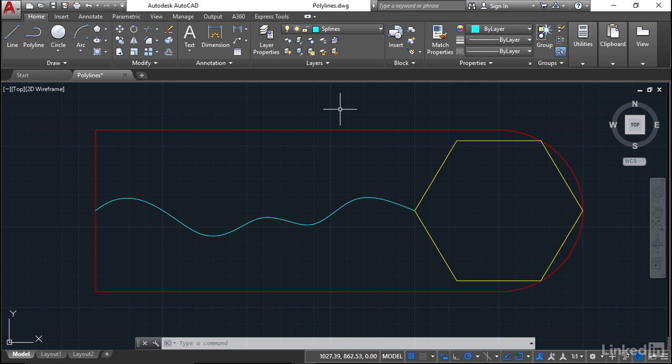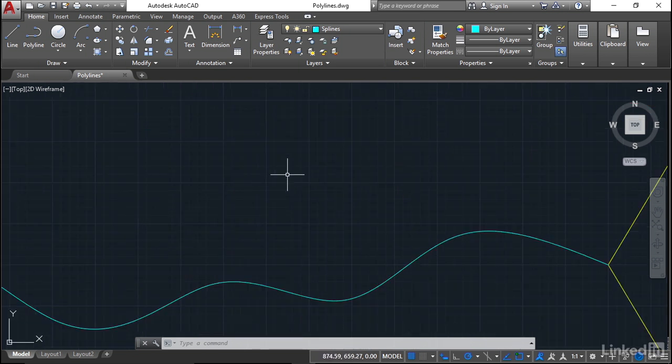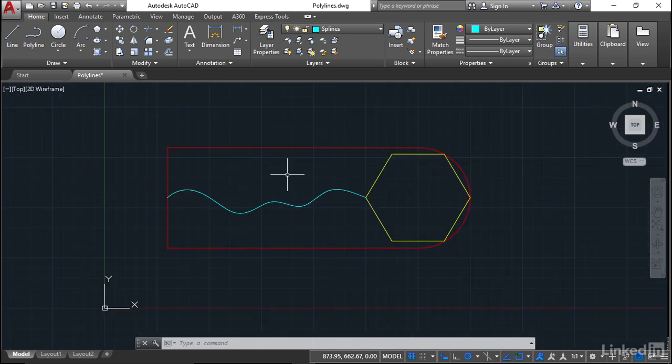Now the quickest way to do this is to use what they call a human interface device, an HID, which is commonly known as a mouse. And you should have a wheel on your mouse. Now the wheel will allow you to zoom and to pan. So if I roll up on the wheel, each notch, can you see I'm zooming in closer? And then if I roll back on the wheel, each notch, I'm zooming out. So those increments on the little clicks on your mouse wheel allow you to be accurate in your viewing of